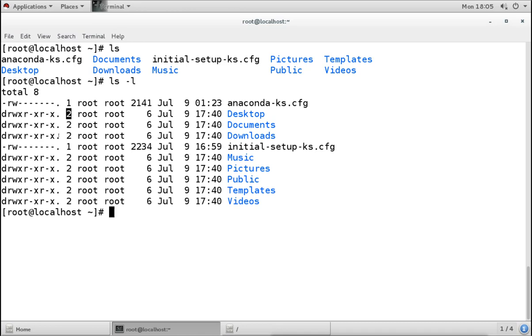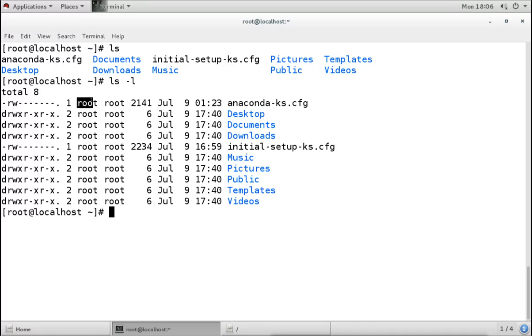After that link, you see here the name of the owner. Remember, this name is the owner name. Owner means who is owning this file or directory. Right now we are under the root user's home directory here, so all the files and directories are owned by the root user.